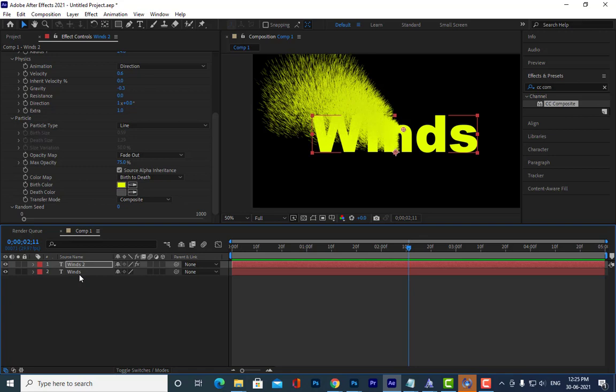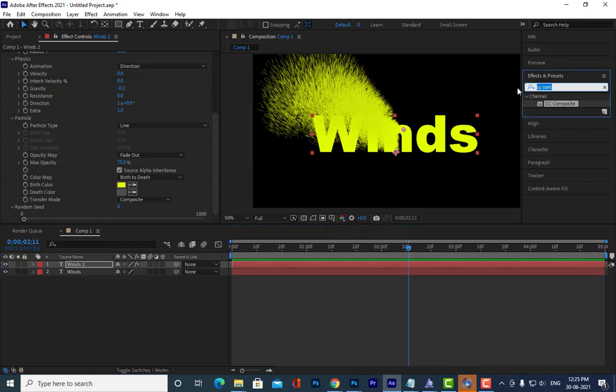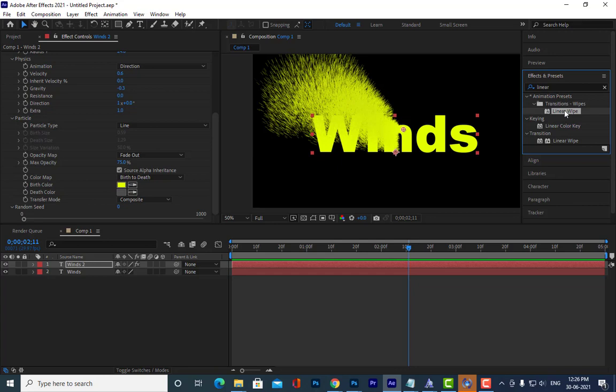I am going to apply a linear wipe to the second duplicate text. Are you able to understand, both of you? Linear wipe. So how can we apply linear wipe? Simply select the linear wipe here and then simply drag it to which one?